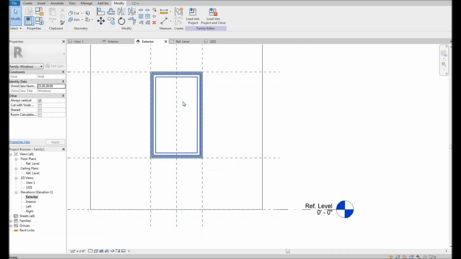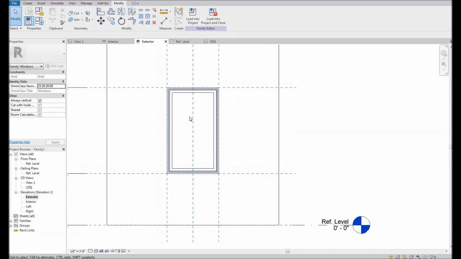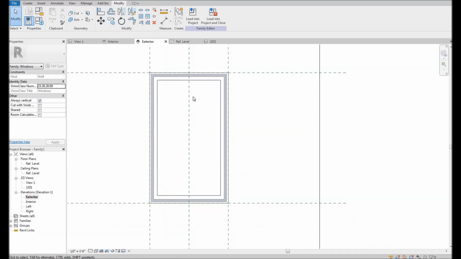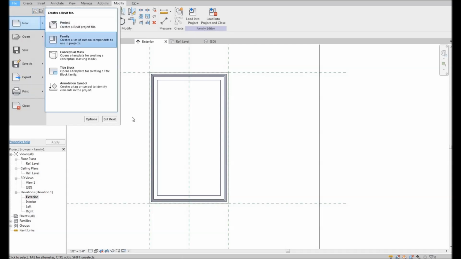Now we want to add our muttons to it, or our divided light. This is where things get a little bit trickier and a little bit more in depth. So what we need to do is actually create what's called a nested family, and that's basically a family within another family. So what I'm going to do is I'm going to come up here and say File, New, New Family,